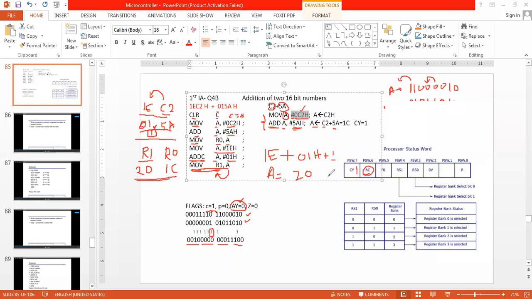We are just copying the value of A into R1. So A will also be having 20H and R1 will also be having 20H, after the last instruction, move R1 comma A. Okay, fine.